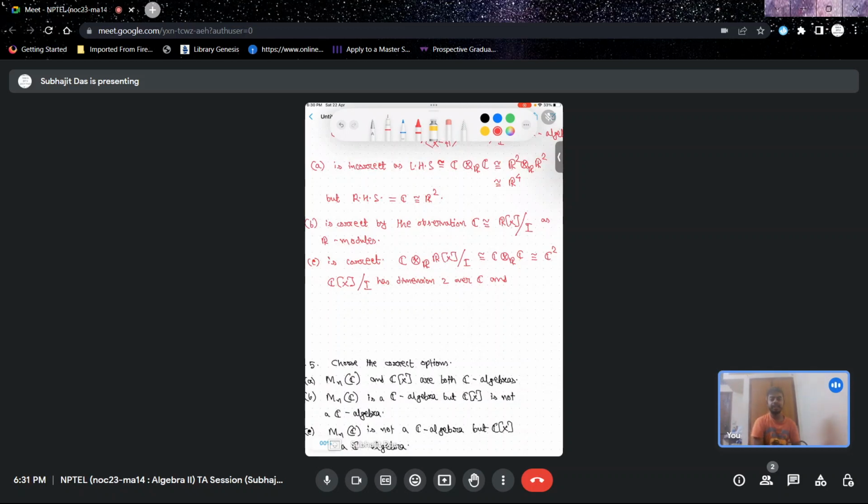You can just take any polynomial f(x), you divide it by x square plus 1. You are doing everything in C[x], so you get as a remainder a polynomial of degree less than or equal to 1, right? So that would suggest that C[x] over I has dimension 2 over C, and hence